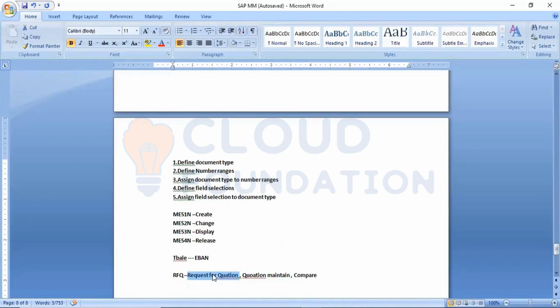What will happen if you do not know whom you need to procure this material from? Generally, businesses will go for a quotation, like bidding. They will ask for a request for quotation notice with the material, date and time we need it this month. And they will raise a request like, guys, if you want to submit a quotation,